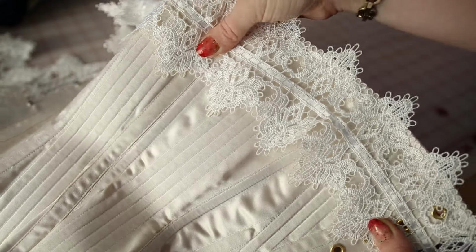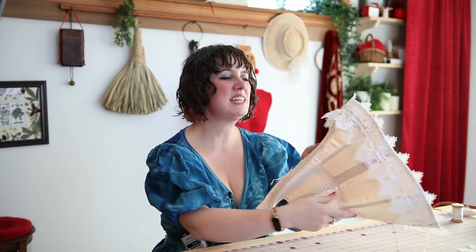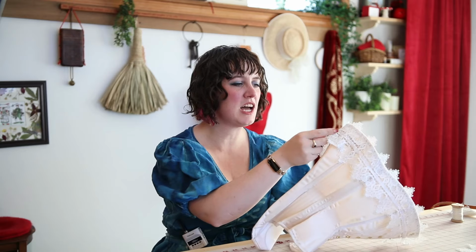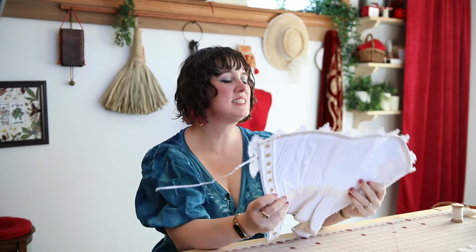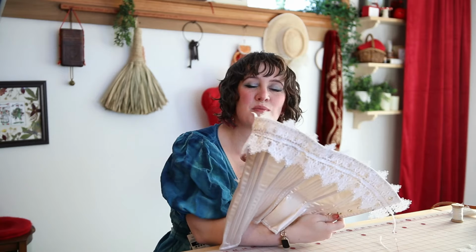Which is a bummer, because I like the lace separately off of the corset, but on, I think it's just a little bit too stiff of a lace. It's too big and does not want to mold and fold easily the way some of the laces I've worked with in the past have. I think this is just not the right lace for the project, and this is the only lace I have. So I think I'm going to have to take it off